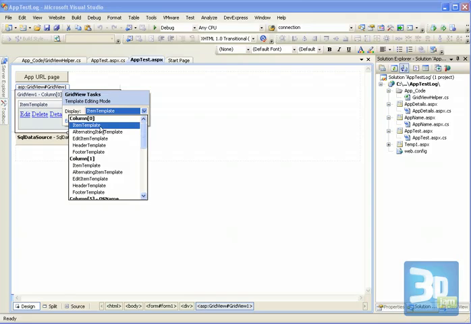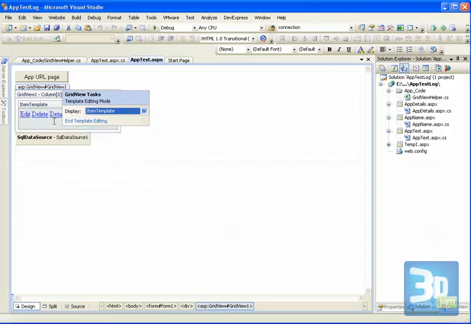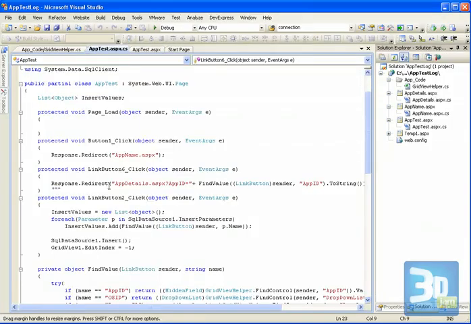For column 0 in item mode, I show the edit, the delete, and the details, and I simply just added another one here, the details button. And if you double click on that one, you can see that the only thing I do is